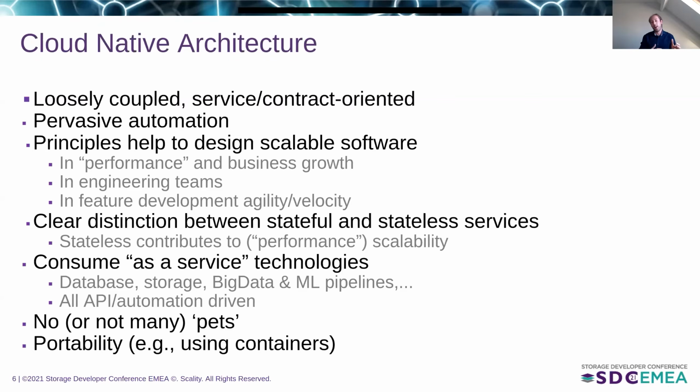This can be either literally in the cloud, on Amazon, on Microsoft Azure, on Google Cloud or others, but it can also be on premises where application developers nowadays look for cloud-like experiences, which can then be provided by the in-house infrastructure team or external vendors. This goes for databases, storage systems, big data, AI, ML pipelines, whatnot. But again, all of this very API and automation driven, which is where COSI, which Vianney will talk about later,